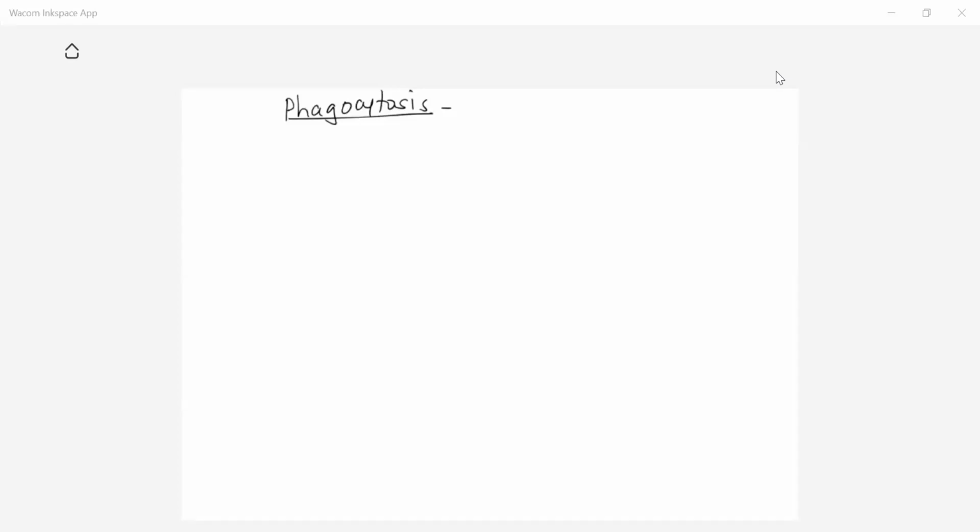Now, all of you know phagos means engulfment of a foreign material, especially when the antigen is a bacterial antigen. When the antigen is a cellular antigen, it may be any RBC from another body, or it may be any pathogen. In that case, the cellular antigen is engulfed by WBCs from the blood. That process is called phagocytosis. So, in phagocytosis, the cells involved are WBCs.